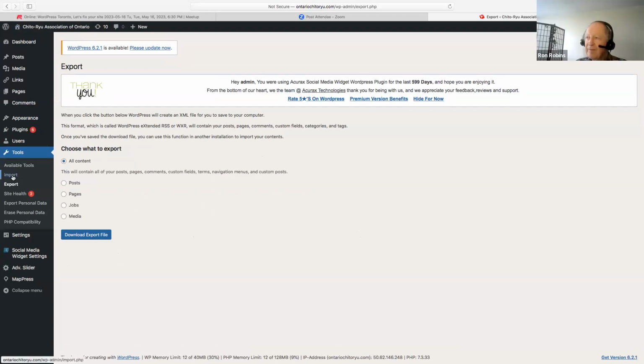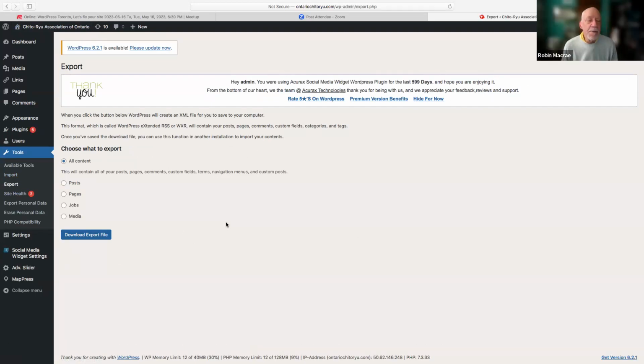So you can import that file back, and whatever you've saved will be replaced by the backup. But it's not a very fine-grained tool. Yeah, that's what I was thinking. I'm used to backup capabilities that extend to the individual tables in the database and categories of posts and such.